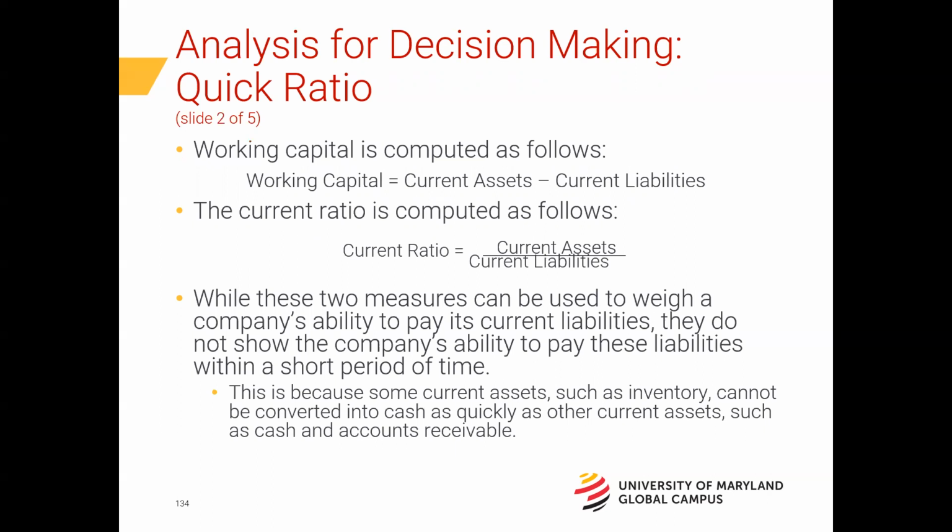Working capital basically says, hey, the company has enough of their current assets to satisfy their current liabilities, and what's left over is working capital. Makes perfect sense. The second ratio is called the current ratio. It's where we take current assets divided by current liabilities. And that ratio tells us, within reason, what is the time frame that the company can pay back its current liabilities.